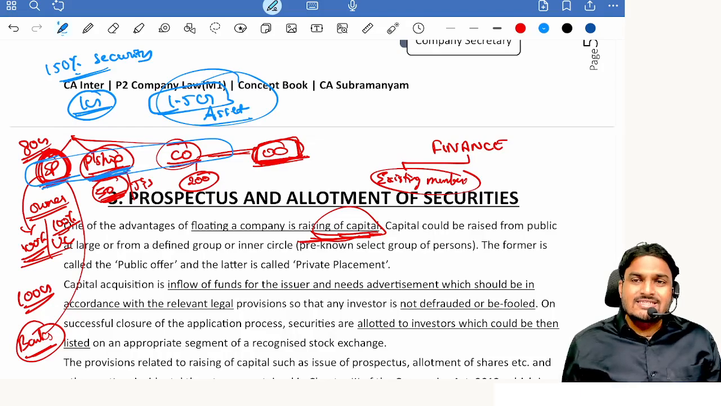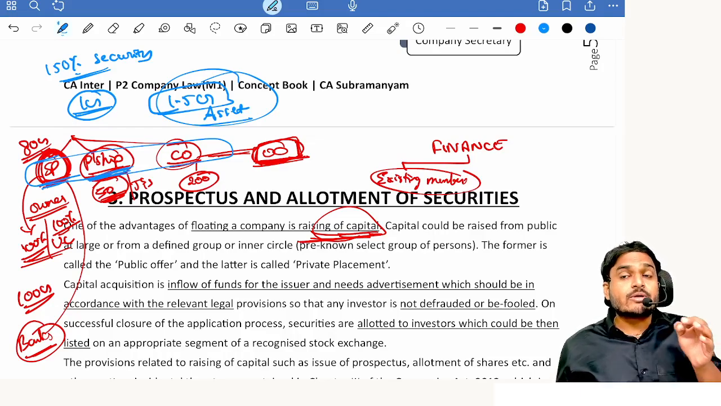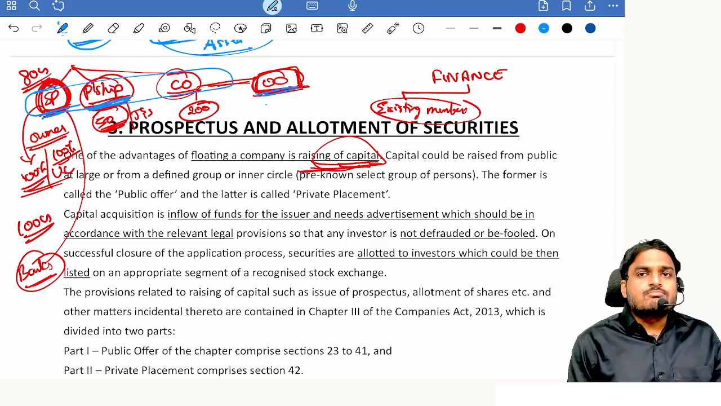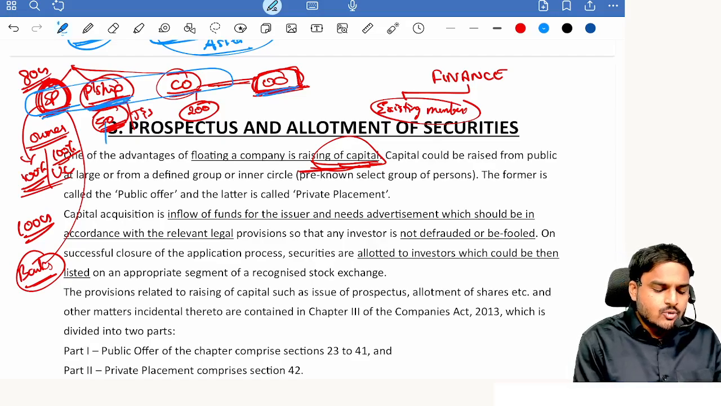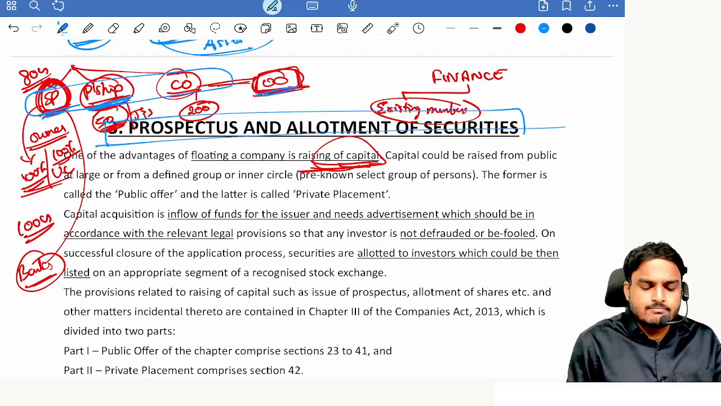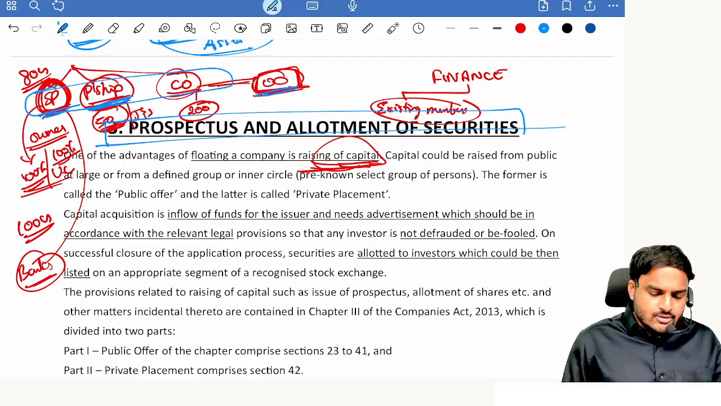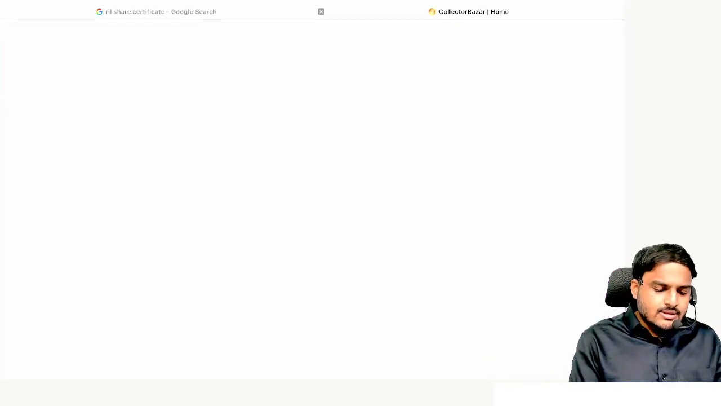So tell me, who is dictating terms and conditions with respect to raising finance? Company. Now, the company can enjoy this benefit subject to certain rules and regulations. And all those rules and regulations I am going to discuss with you under chapter 3, prospectus and allotment of securities. So before I start, let me show you one simple